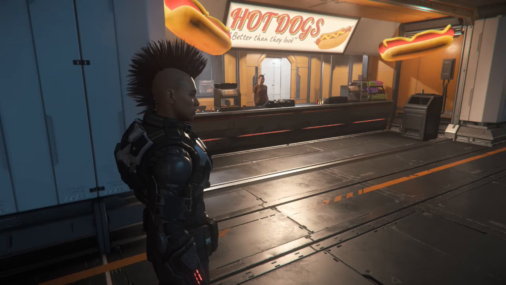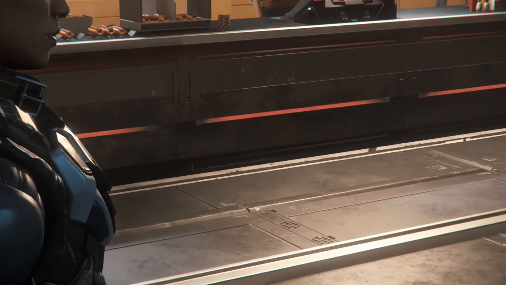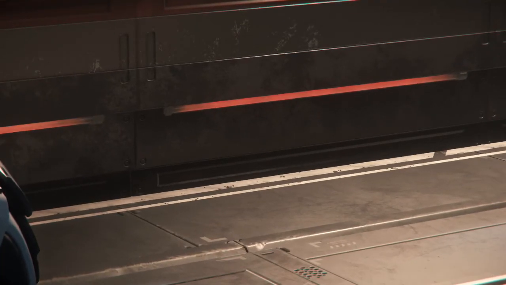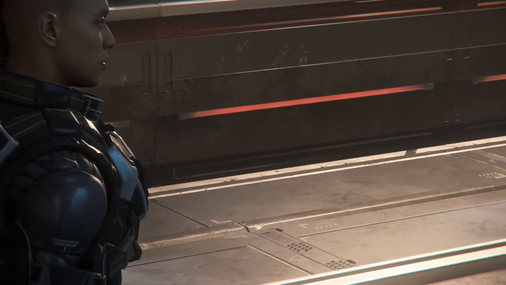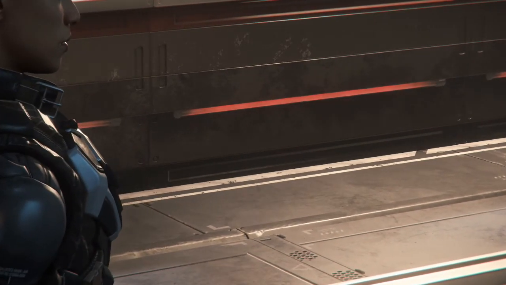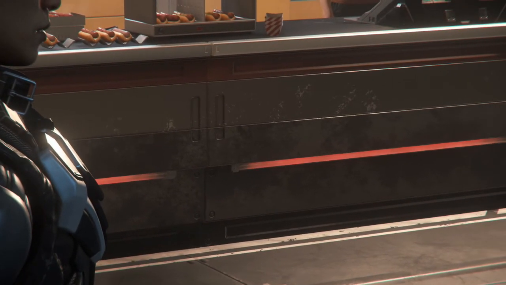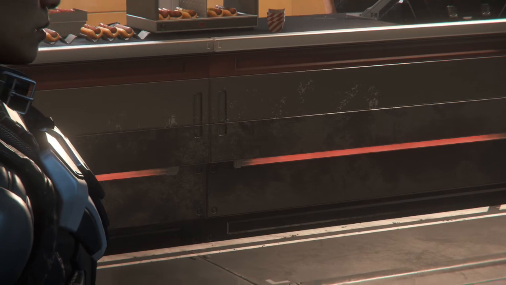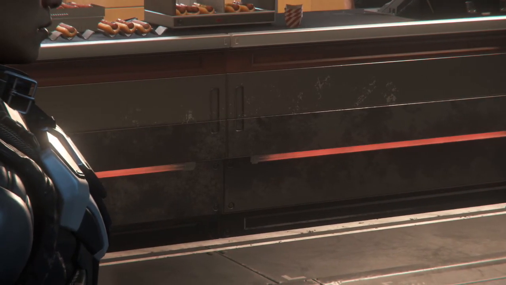So I'm going to decrease my field of view all the way, which seems to be here. And now I'm going to use my mouse wheel to come back out. Right? This looks like a good point. And use my Z to line up. And you can see now the hot dog looks a lot larger relative to